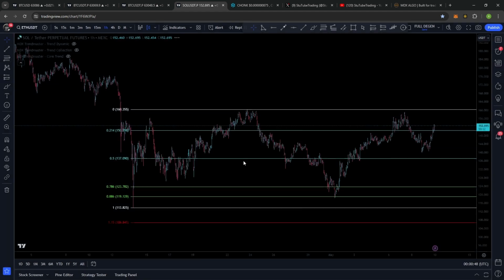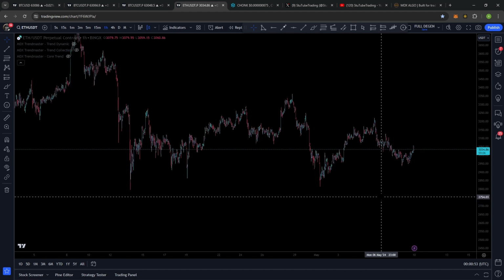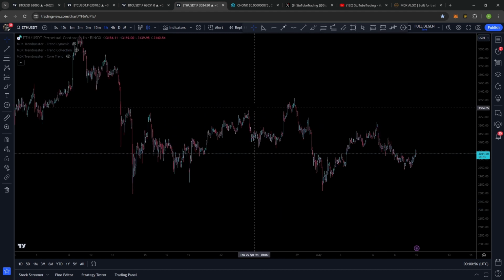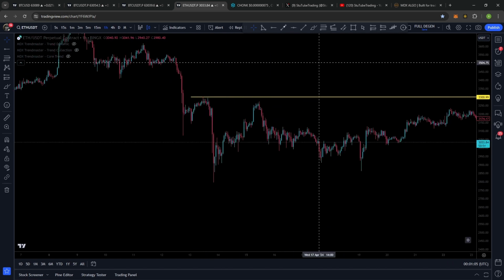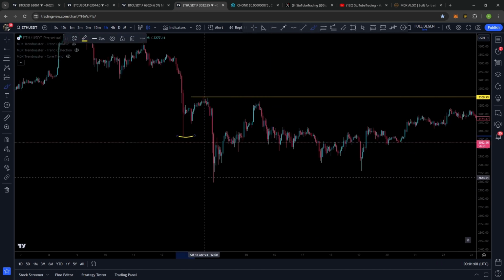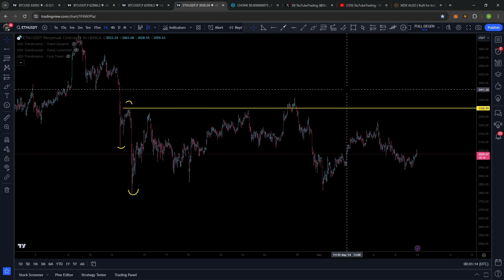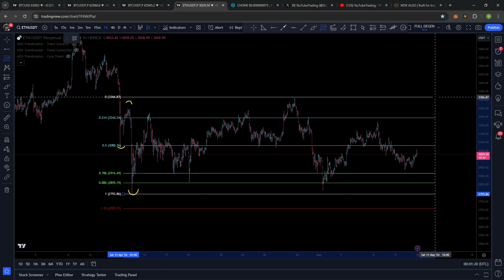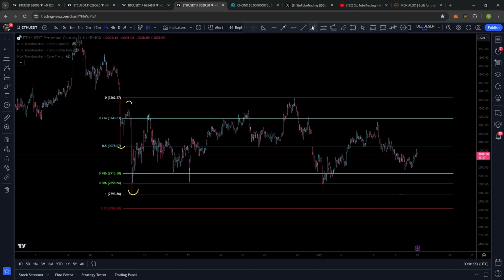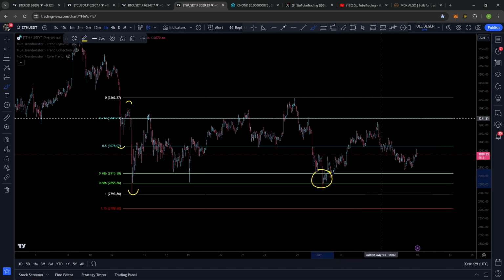I'm going to use Bing just because that's what I personally trade on. Yeah, how is this looking right now? Here's one of those times where, let me just zoom in, double check that. Yeah, so after we had this low, lower low, that's our lower high. Obviously, you know where I'm going with this. If we pull a Fibonacci, that's our high point. Look at that. We get our beautiful Stuber fib pocket pull,